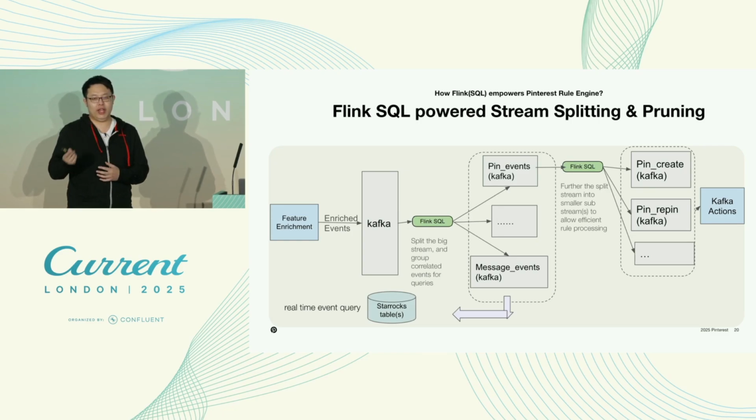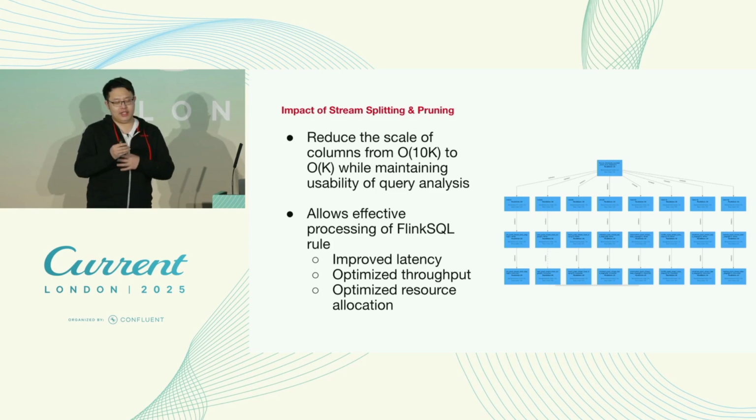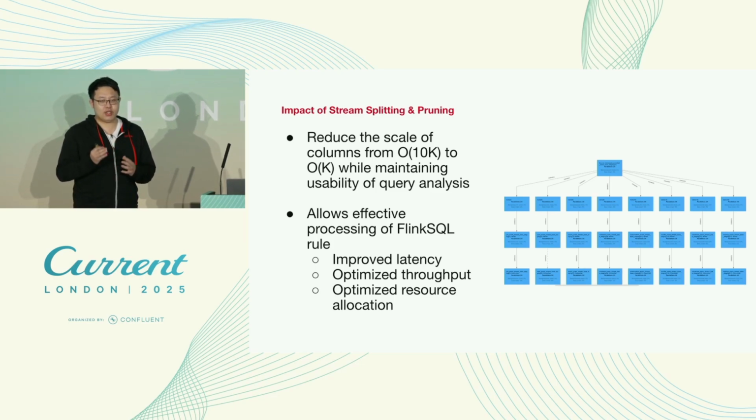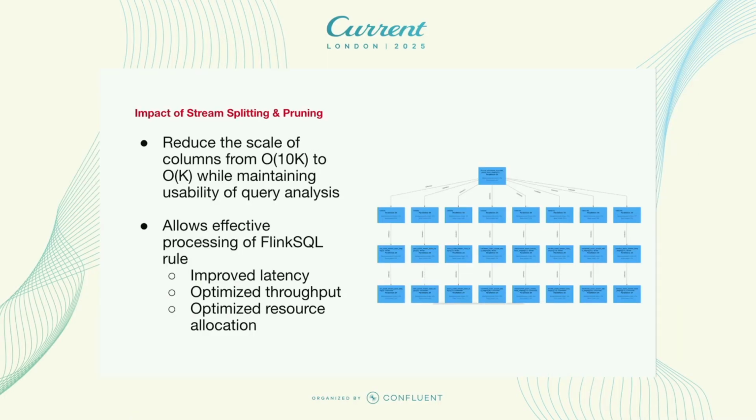We have ping create, ping repin, ping click through, and so on. So we have generated smaller topics from the second Flink SQL jobs. So why are we doing this? Basically, we want to have these centralized pre-processing steps done once, so that downstream, no matter whether you are doing analytics, actions, or backfills, you don't need to repeat this data processing, filtering, and splitting in a later stage. We want to do that once in the pre-processing steps, and this brings a lot